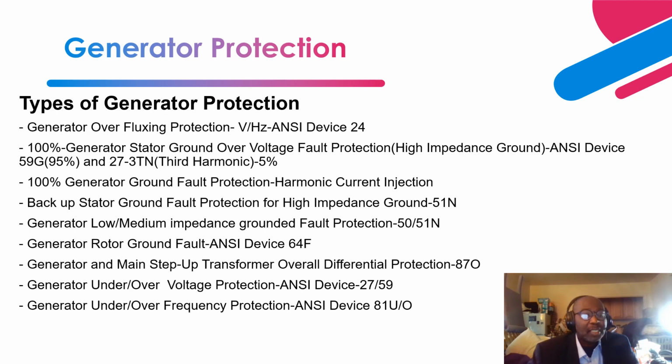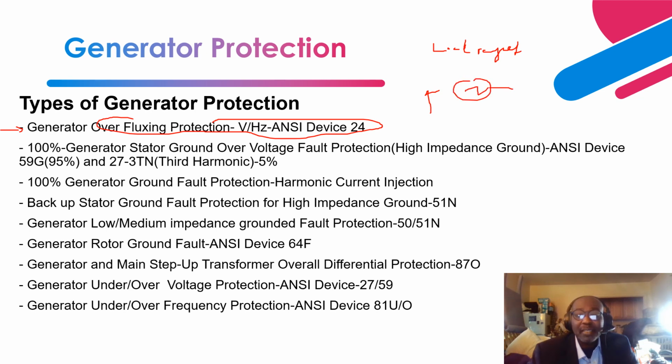Next protection is volts per hertz overfluxing, right? What this protection element does is it protects the generator from an overfluxing condition. And when do we get an overfluxing condition? Due to load rejection, right? Let's say the generator should reject a load, then you should have an overvoltage condition that can result in the saturation of the core and can result in an overfluxing condition. So this protection provides protection for both the generator and the generator step-up transformer from an overexcitation condition.